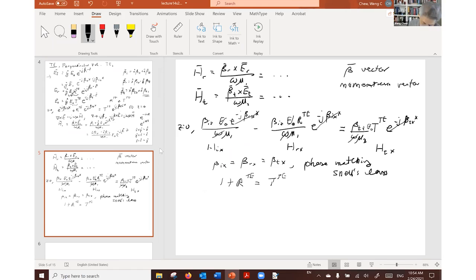Okay, that's from equation 1. Equation 2, which is the second important equation, if you do things correctly, you get beta_iz over mu 1 minus R_TE is equal to beta_tz over mu 2